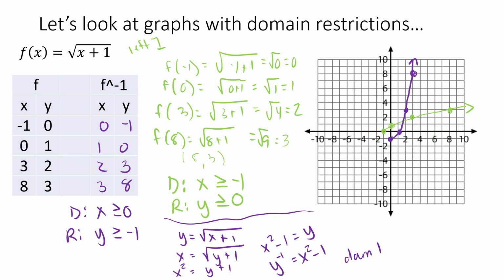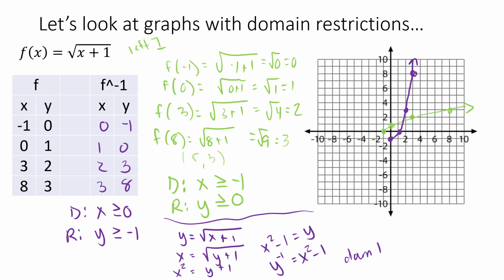the squaring, but it's not the whole parabola. Like the whole parabola would be like that and the other side of it. Sorry for how messy that is, but we don't want the whole parabola. We have that restriction on the domain. It's got to not be both sides of it. It's only the reflection over the line y equals x of the part of it that was incorporated in the